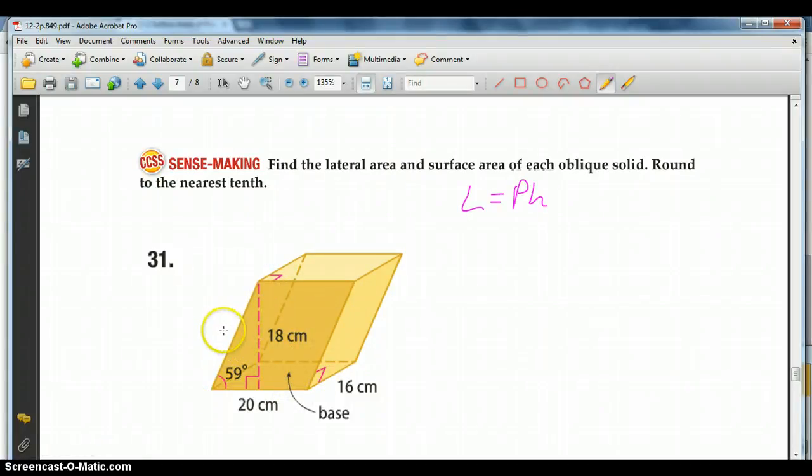So to find this side, let's just go ahead and call that x. We have an angle, we have a side of our right triangle, so we can use trig to find this missing side. So this side would be opposite, this side is the hypotenuse, so we have opposite